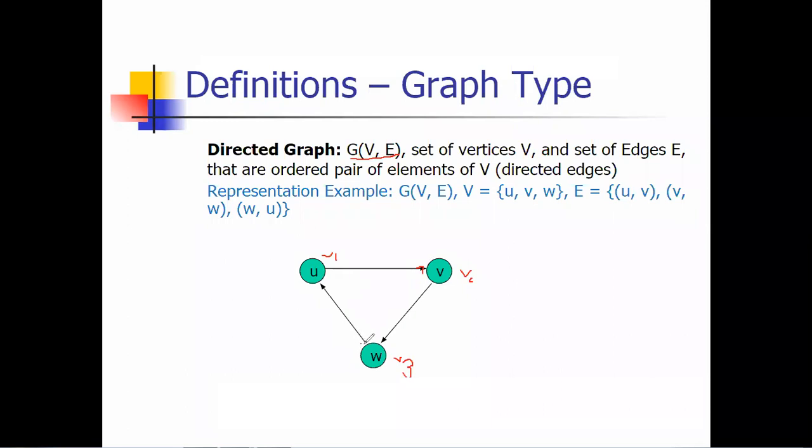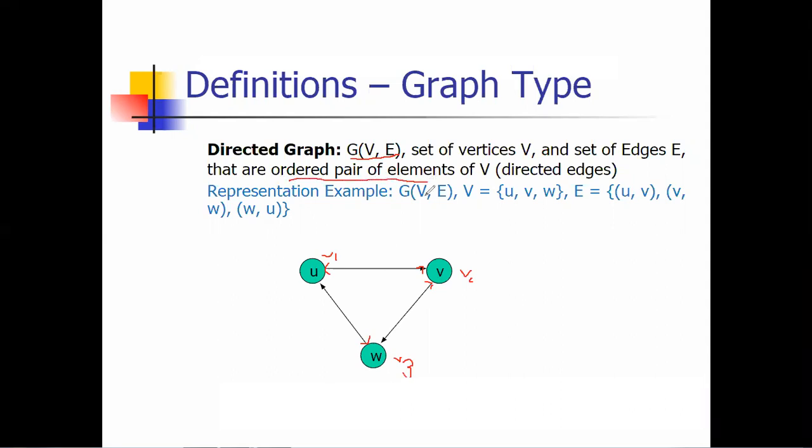If I am representing a second arrow, then it should be bidirectional. So you might be thinking the concept of a graph is that you can represent it in one directional as well as bidirectional. So this is the concept of a directed graph. And just concentrate on the technical definition here: a set of vertices and a set of edges that are ordered pairs of elements. Okay, that are ordered pairs of elements.